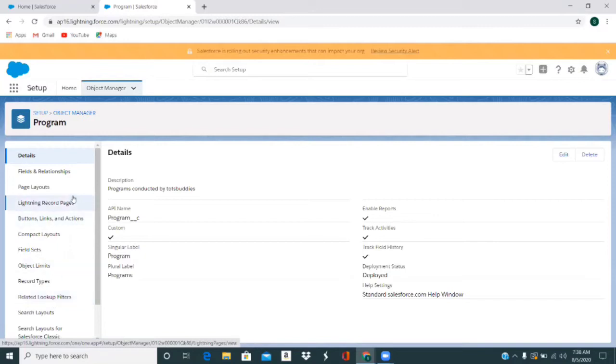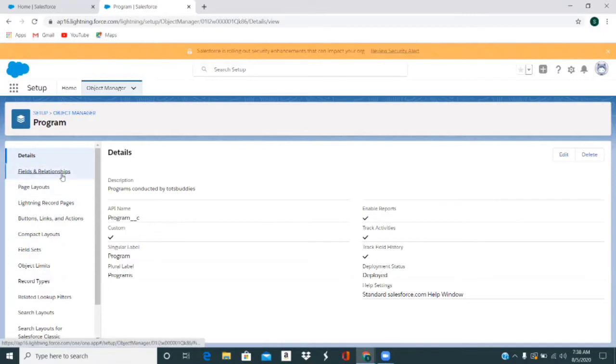You can see there are different options provided by Salesforce. So the first one is the details. You can see here whatever details related to this program object which we have created, whatever options we have selected, is all coming here.